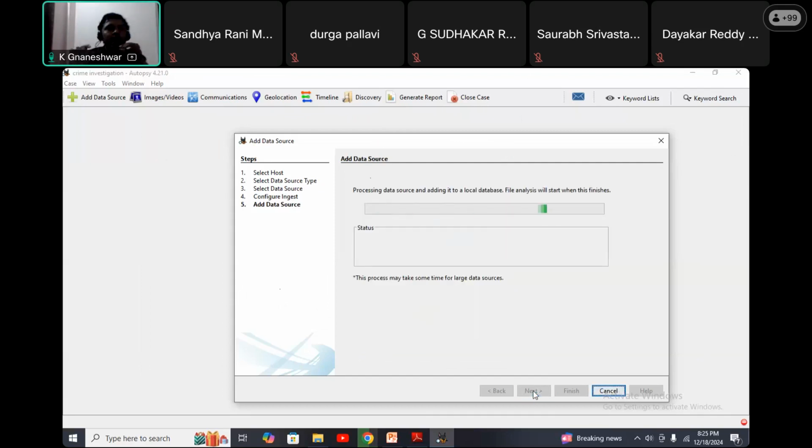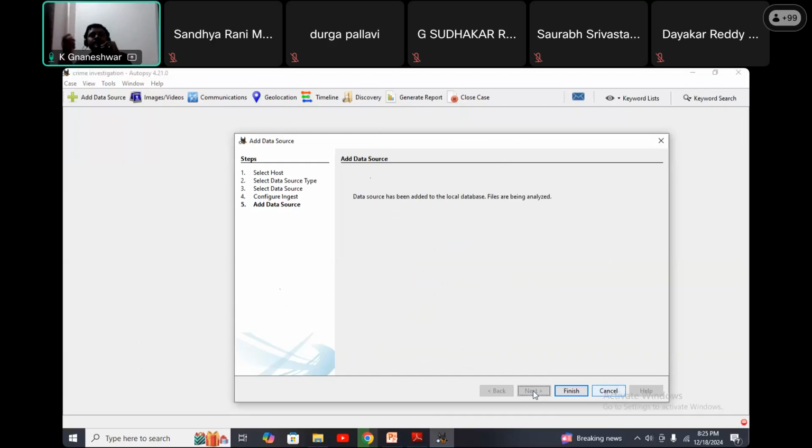Now add data sources. The database I created previously, the data source is being added to it. Here it is showing the data source has been added to the local database, and files are being analyzed.